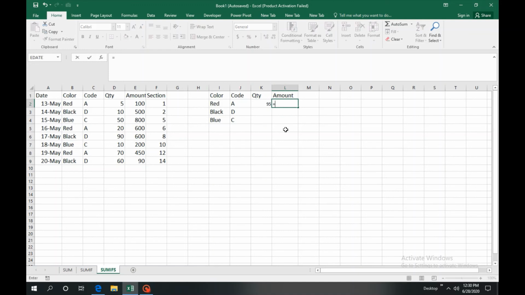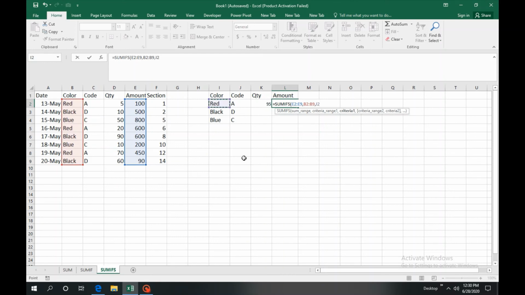It works the same for the amount also. If we type SUMIFS, our sum range is the amount, so we will select column E range, then the criteria 1 range. This is our color range, to search for red in this range.